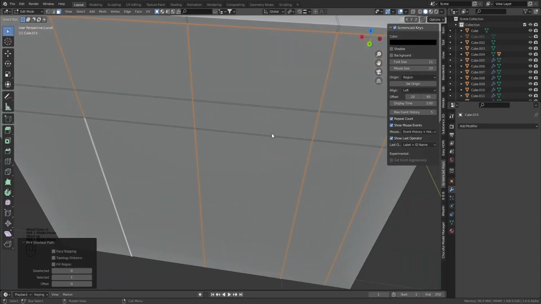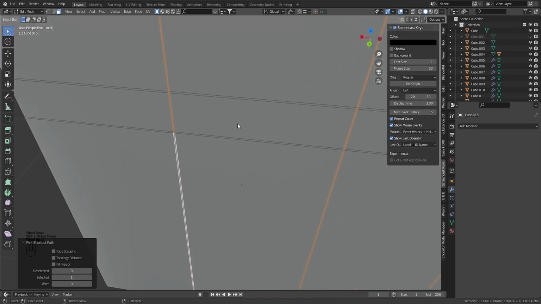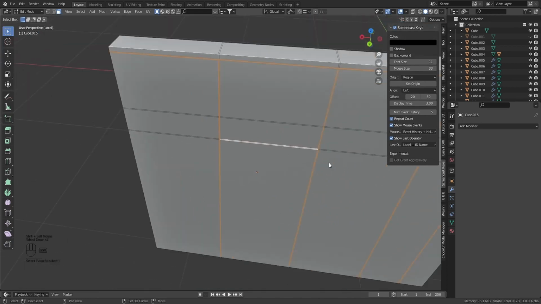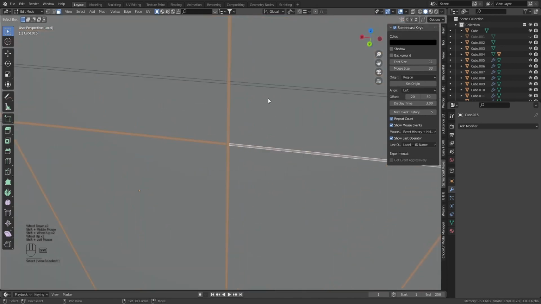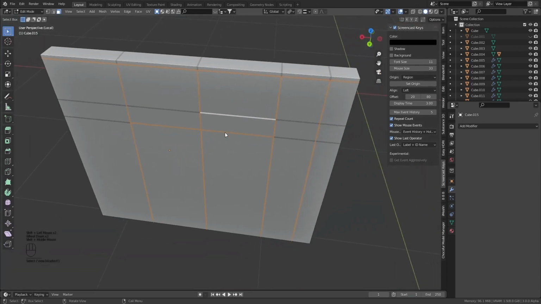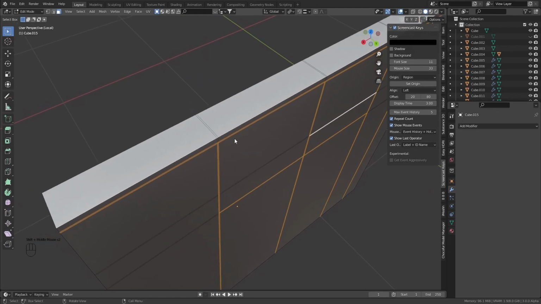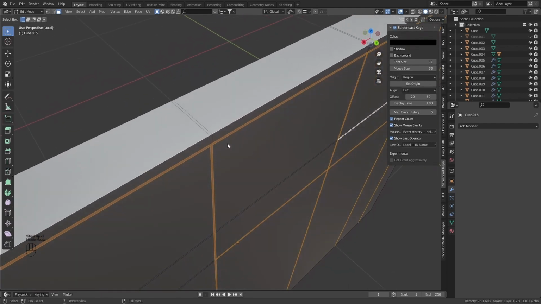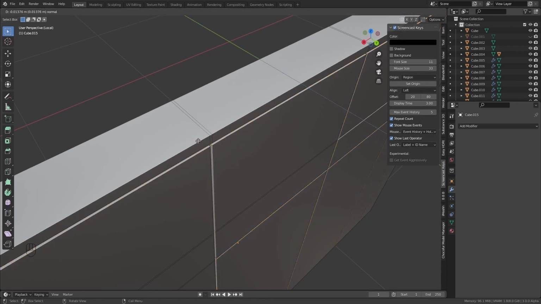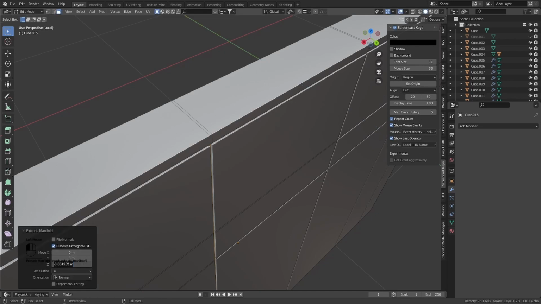Then I will select just this face here according to the reference, then select just this and this according to the reference. Then I will use the extrude manifold to not have problems when I extrude this part. As I showed in previous videos, that shortcut is Alt E. Click Alt E and choose the extrude manifold. It looks like SketchUp, so it will be so friendly and so familiar for SketchUp users. So I will make it